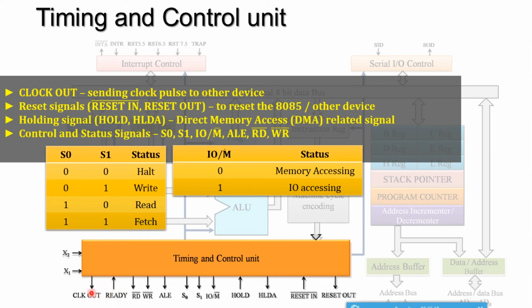So this is a very important timing and control unit. By means of this, the 8085 tells us: I am doing a fetching cycle, I am doing a data reading cycle, I am doing a data writing cycle, I am working with the memory unit, I am working with the IO unit. I am sending a reset signal to that hardware. I am doing hold DMA access. Everything is stated with the help of this block only.